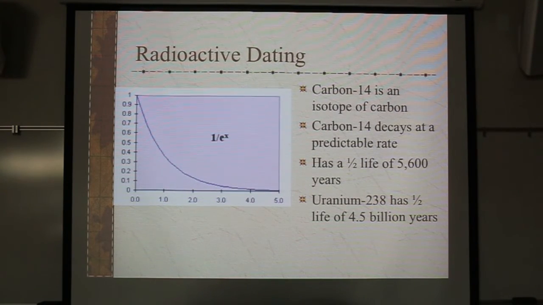but we could also do what's called radioactive dating, in which you can measure how old a particular rock or organism is based on a certain isotope of a particular radioactive element. So I'll give you an example here. One of them is carbon-14, and it is believed that carbon-14 has a pretty predictable rate of decay, which is about 5,600 years. So half-life of about 5,600 years, which means that if you had an organism that was alive